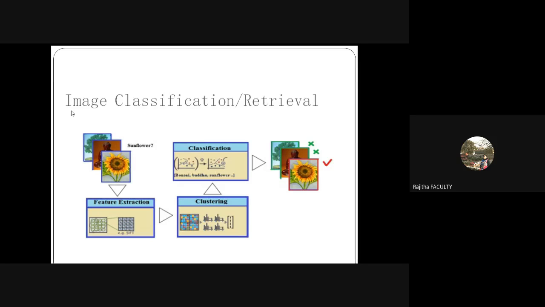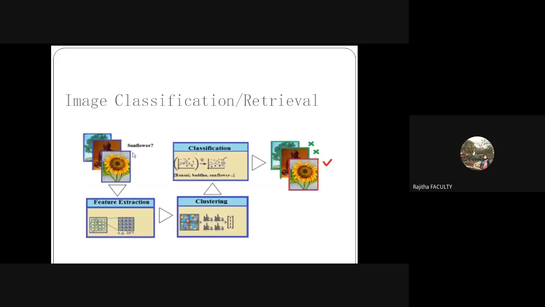That means it is going to have high complexity. Other than that, if you understand image classification, it is well and good, and you can work on video classification as well, right? You just need to apply some modified algorithms on it. Okay. So suppose I'm talking more about image classification. Now in image classification, I have images of different classes. Like say sunflower, I have 1000 images. Buddha, I have 1000 images, and some trees, I have 2000 images, right? Now, what does my image classification machine do? I have all these categories of images. Now I have to extract the features because image matching is not done.